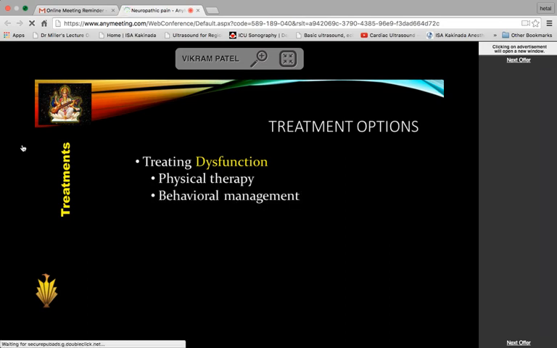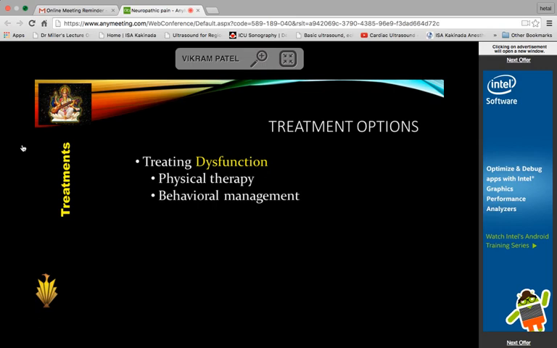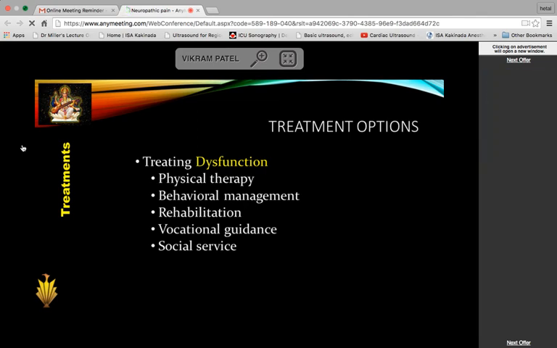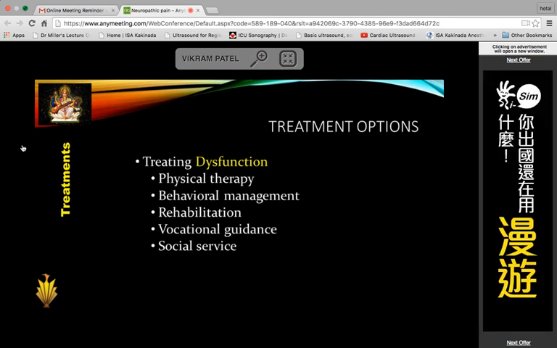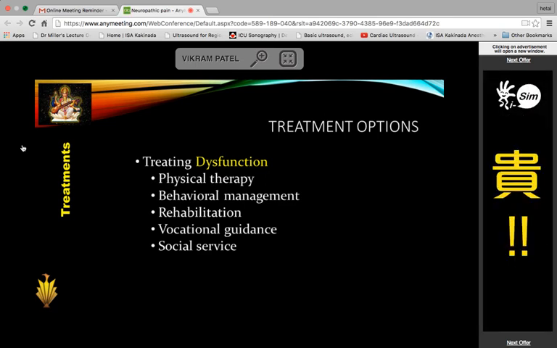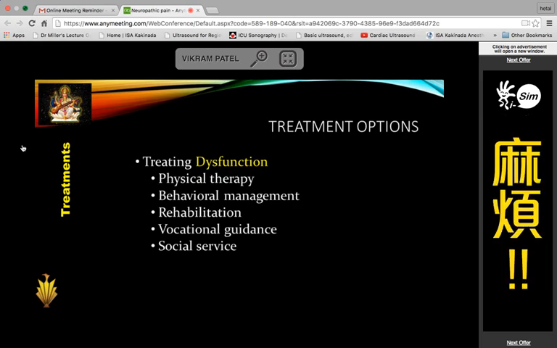Behavioral management, of course, can lead to patients' well-being overall. Rehabilitation is important, vocational guidance is important, and that is how we treat the dysfunction. And social service is one of the important aspects of treating chronic pain, especially in the US. There are several options available where the patient's pain can be treated using social service, for example, providing them with